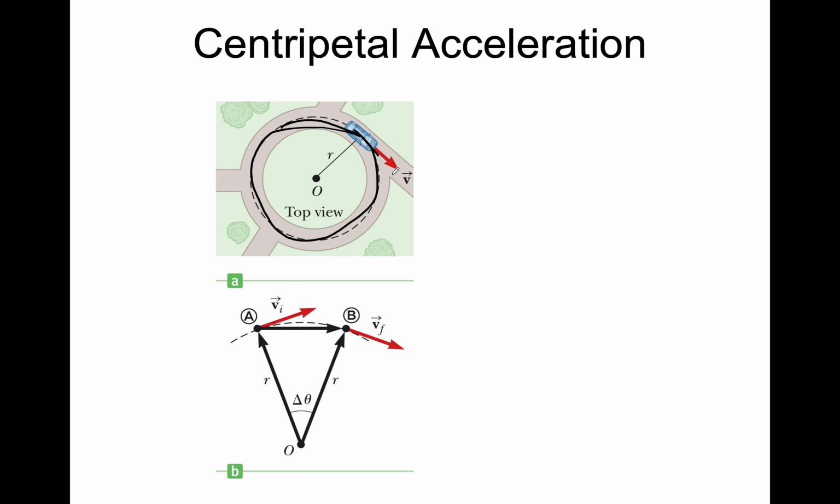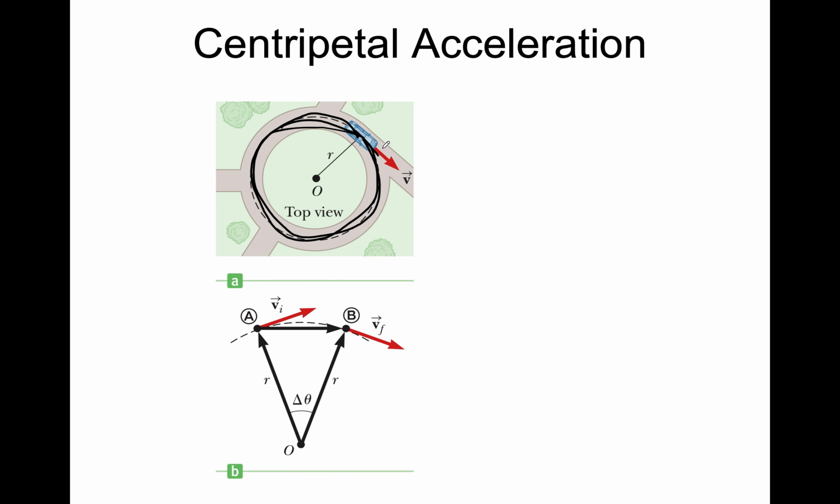If acceleration is not 0, then velocity changes. In this case, the car is driving at a constant speed along this circle, so the speed doesn't change,